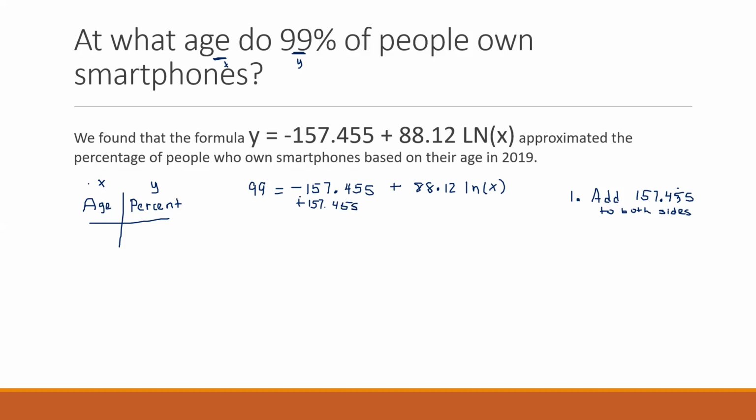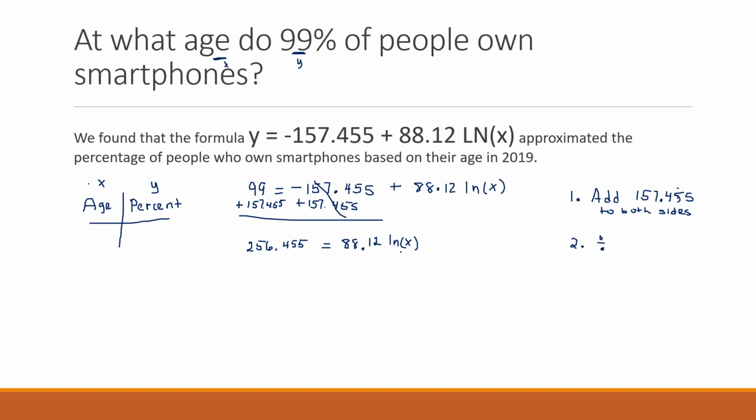Adding here is using the concept of the inverse. And so I see those two canceling, and I also have to add to this side to keep my equation balanced. Put my equal bar, and so I get 256.455 is equal to 88.12 natural log X. So the next thing, just like I would on any equation, I'm going to divide,